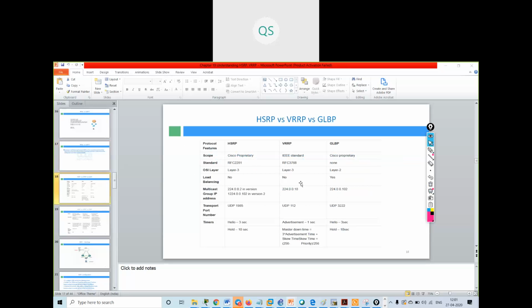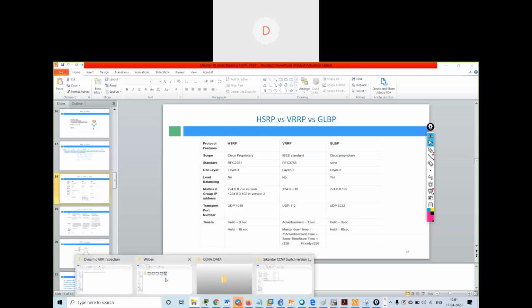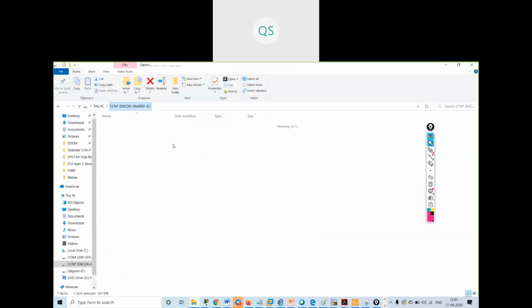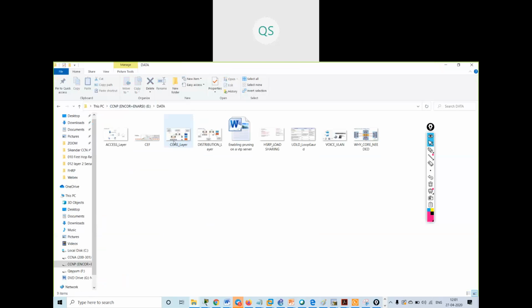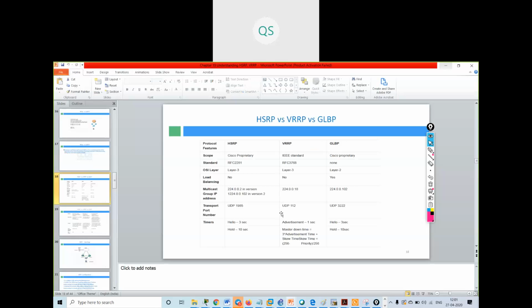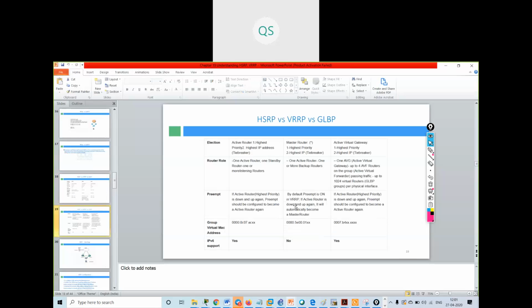Understood? So we have seen the difference between HSRP, VRRP and GLBP.